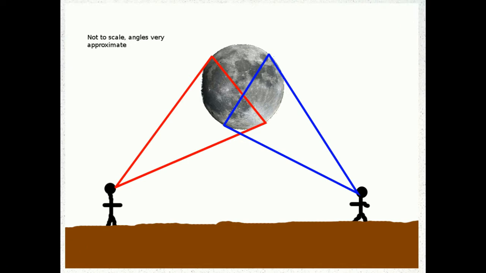But if it were an airplane, you would see the front, here you would see the side, and here you would see the tail, because an airplane's a three-dimensional object. So the moon cannot be a three-dimensional object in a flat Earth. If it's two-dimensional, then both people see the same thing, only inverted. But if it's a ball, like a basketball, if it's spherical, they see two totally independent views, and only the